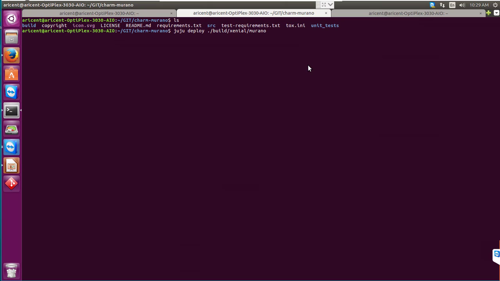So I just want to make a note here that we are using Xenial of Ubuntu for the Murano charm, and the current Murano supports the Mitaka release of OpenStack. So once I run Juju deploy,